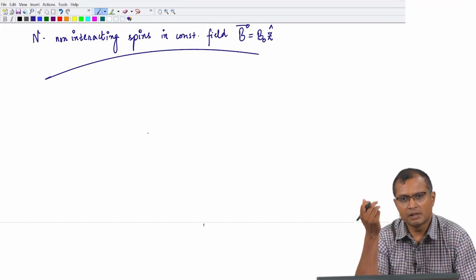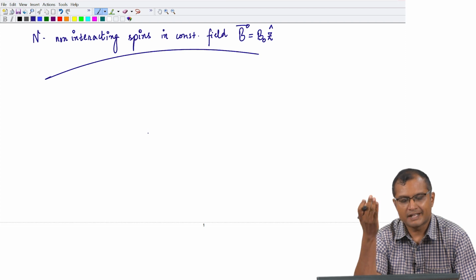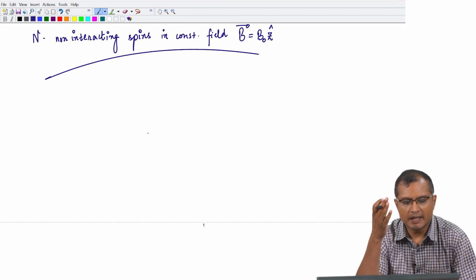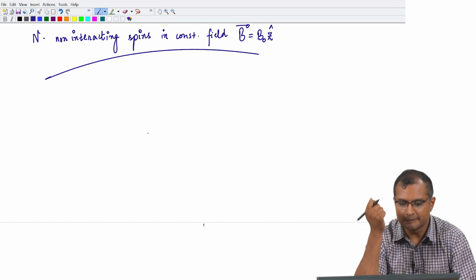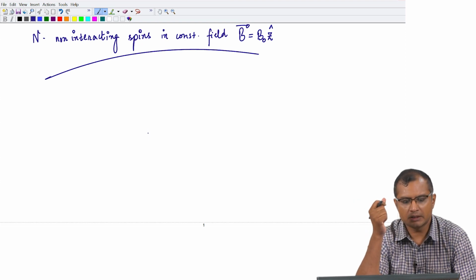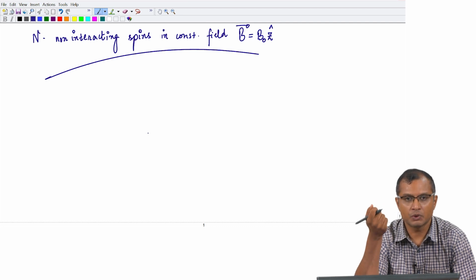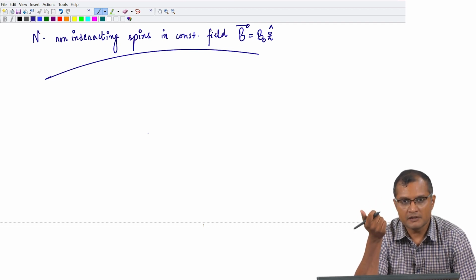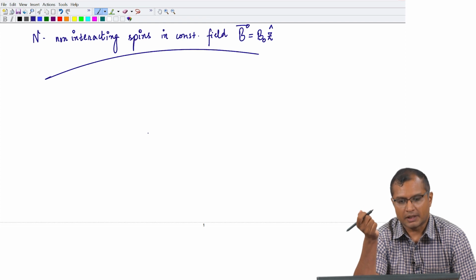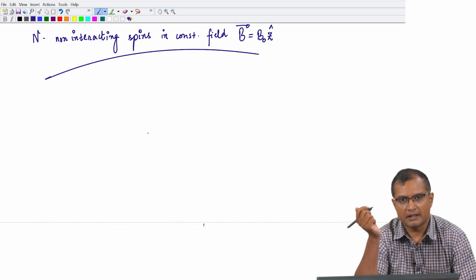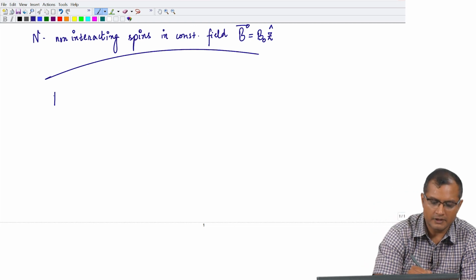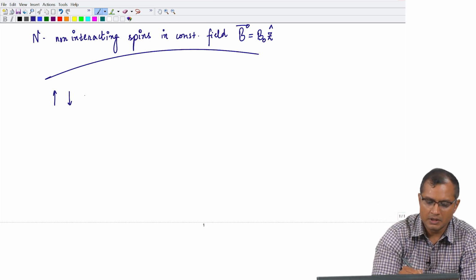Good afternoon, students. Today we will do a worked example of n non-interacting spins in a constant external magnetic field. This is going to be a demonstration of how we compute physical properties of interest using statistical mechanics. The working example that I have shown is spins in a magnetic field. You could think of these spins as up and down